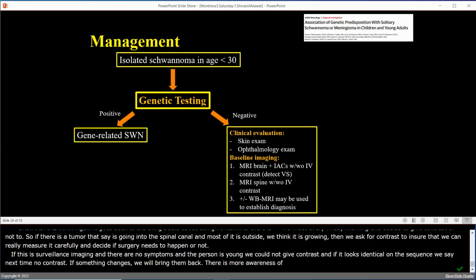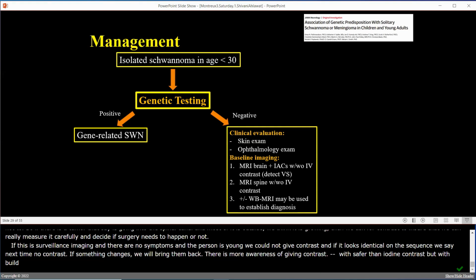Gadolinium is far safer than iodine-based contrast with respect to allergy, but with this idea of buildup, especially in people that have repeated scans and people that have kidney failure, we're more cautious. But it's still a very safe contrast material. And I think what Dr. Shivani said, Dr. Ahlawat said,